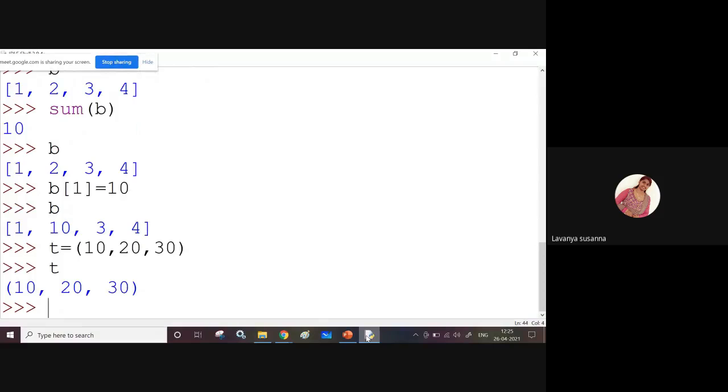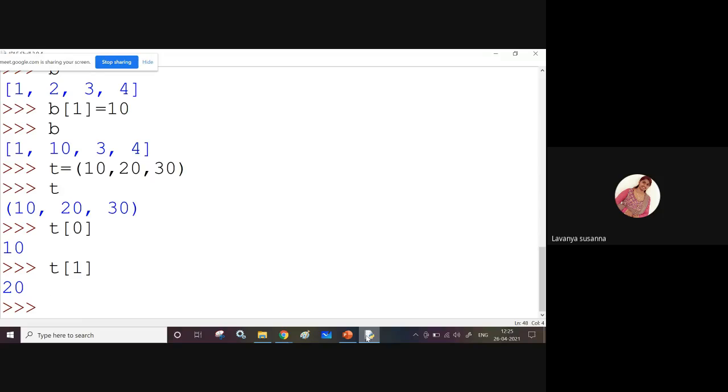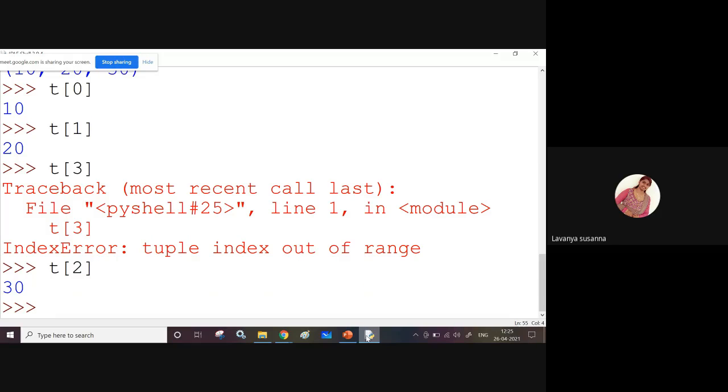See here, I can access the individual elements, right? T of 0, you get value 10. T of 1, you get the first index element. T of 2, you get the second index element. Sorry, 0, 1, 2. Now, I am going to update the first index element.